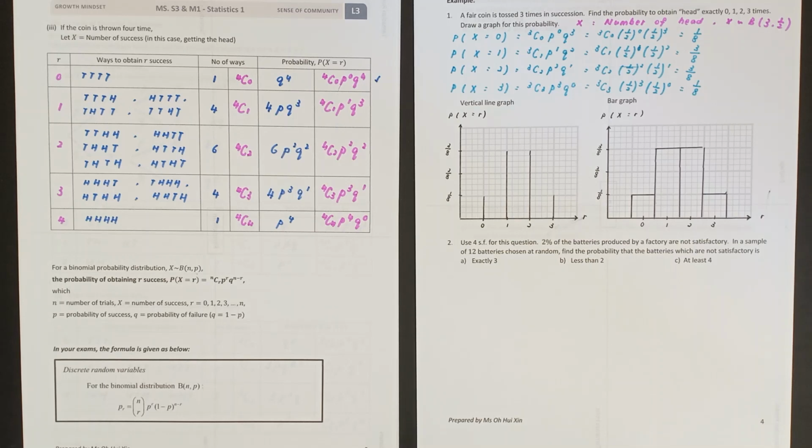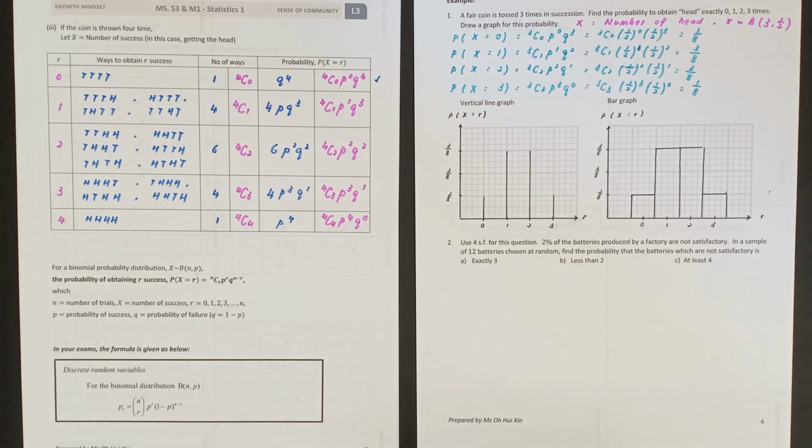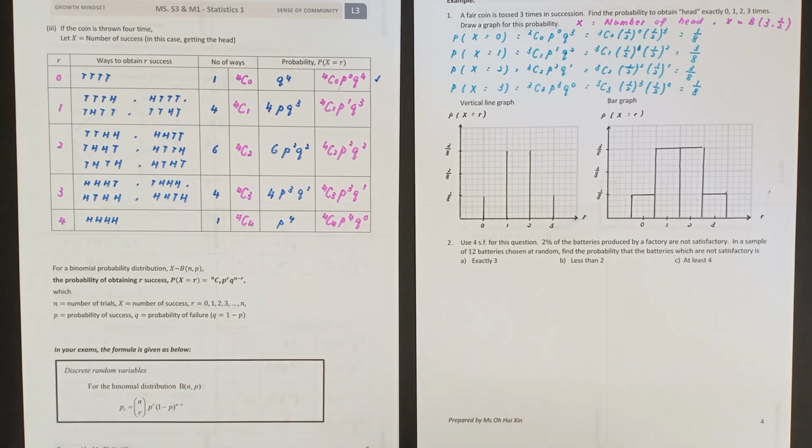Use 4 significant figures here. 2% of the batteries produced by a factory are not satisfactory. So in a sample of 12 batteries chosen at random, find the probability that the number of batteries that are not satisfactory is